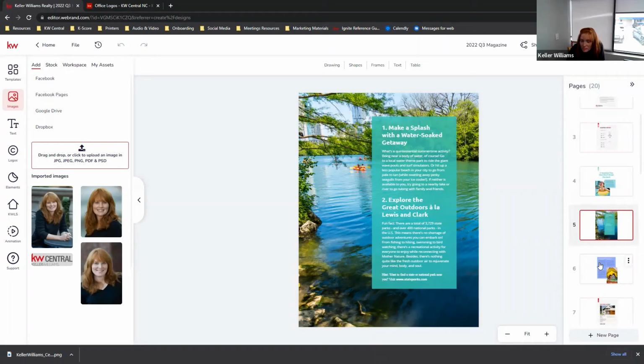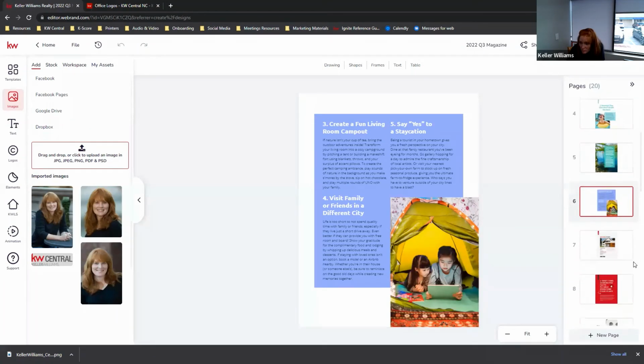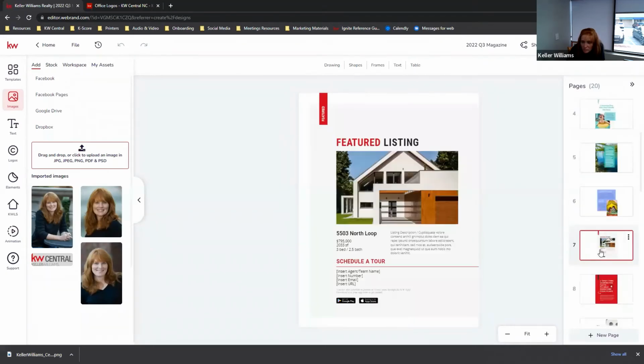And I will say what I'm going to do, since we set this from 1 to 3, wherever we are at 2:30, if we're still working on the magazine itself, I'm going to venture off from the creation of the magazine and move into what to do with the magazine once it's created, just to make sure everybody has that part. If you're not at that point at 2:30, that's fine. I just want to make sure you know how to physically publish it and how to digitally publish it.